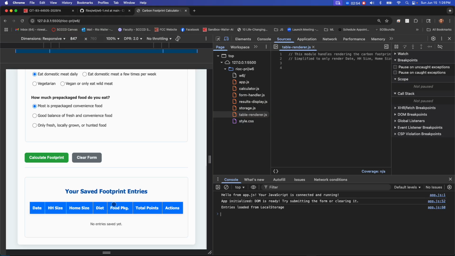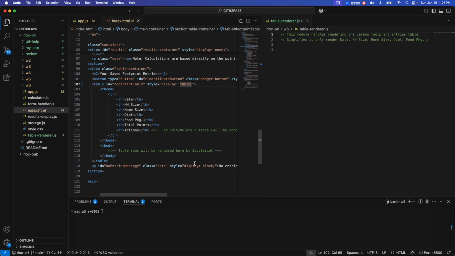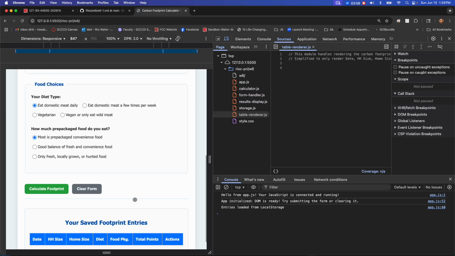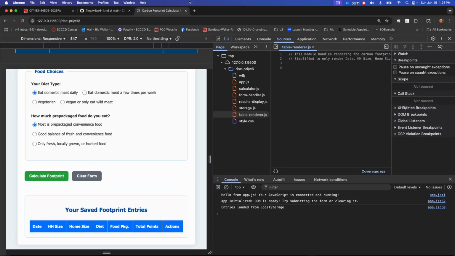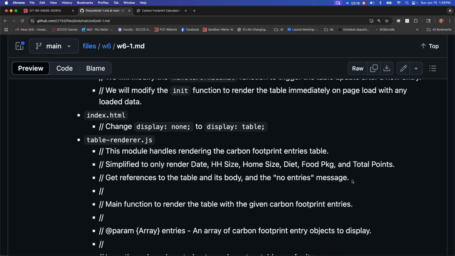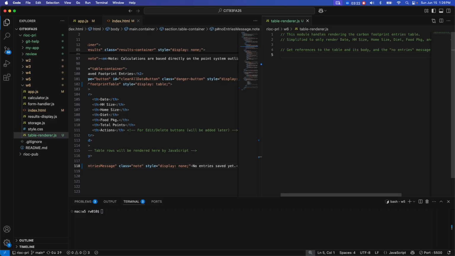Okay, so now we know we have our headings displayed, and if we wanted to, we might as well come down here, and for now we'll put none here. Now we're going to end up in our code handling these two things, but for now, just to make our life a little bit easier, we'll go ahead and do that. Okay, so you already have these two in here, so now what we want to do in our module is to get some references to the table, the body, and the no entries message. Okay, so this is not anything new, but always good to